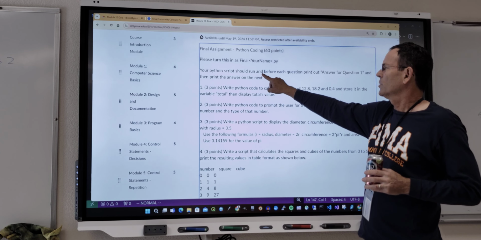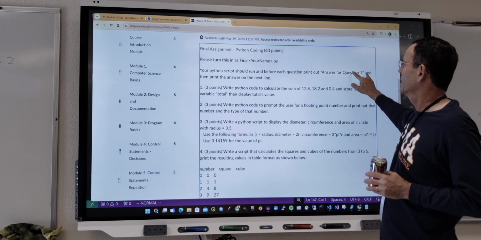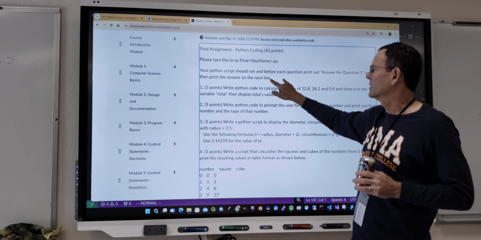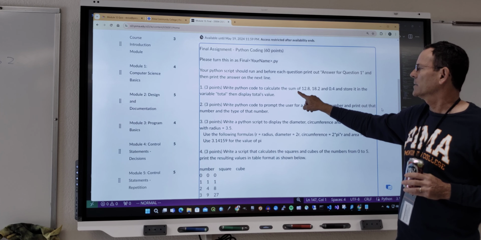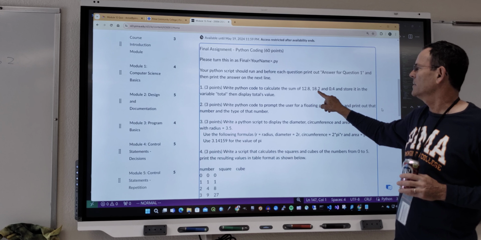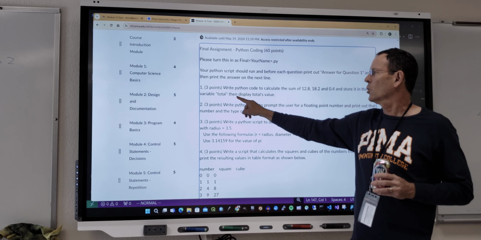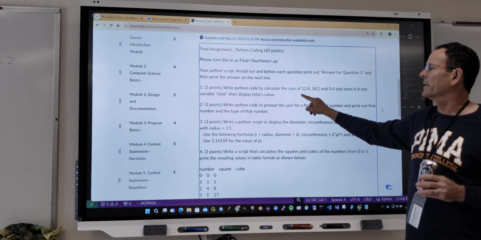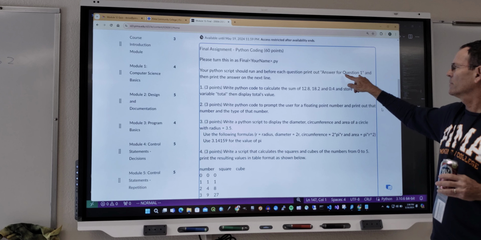Your Python script should run, and before each question, print out answer for question 1, and then print the answer on the next line. So here's the first question. Write Python code to calculate the sum of 12.8, 18.2, and 0.4, and store it in the variable total, then display total's value. Okay. So I want you to say answer for question 1,